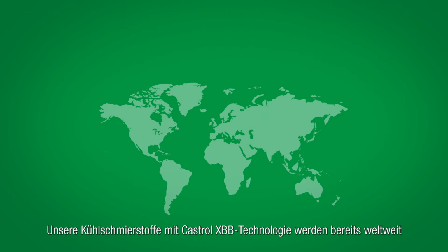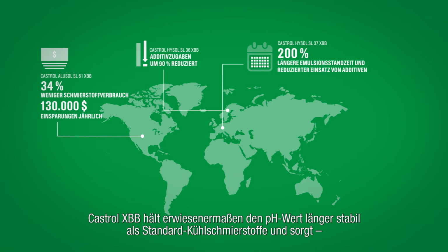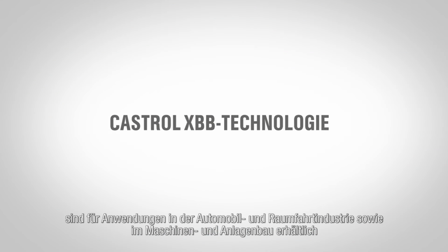Manufacturers worldwide are already benefiting from the superior performance delivered by Castrol cutting fluids with XBB technology. Castrol XBB has been proven to maintain constant pH longer than standard cutting fluids, while significantly reducing biocide additives and prolonging system life. Castrol water-soluble cutting fluids with XBB technology are available across the automotive, aerospace and machine manufacturing industries